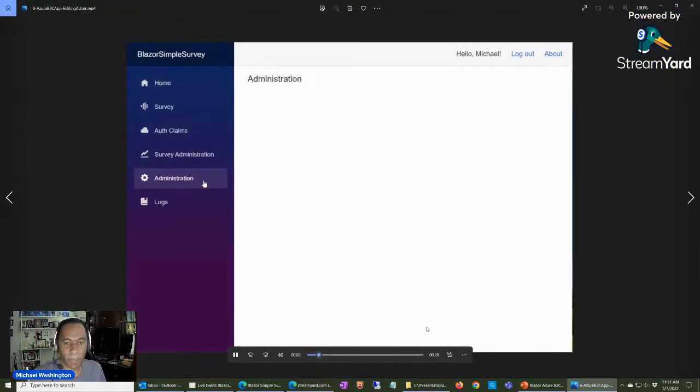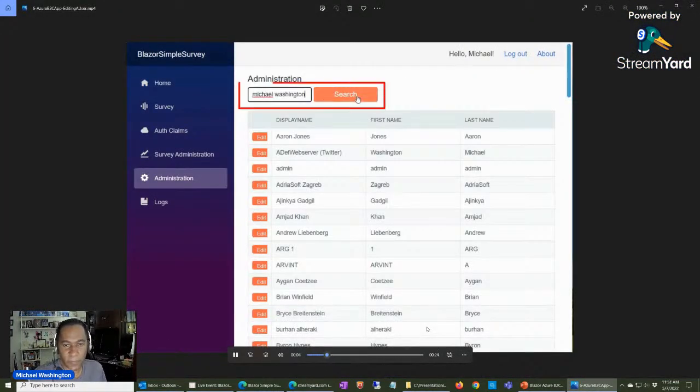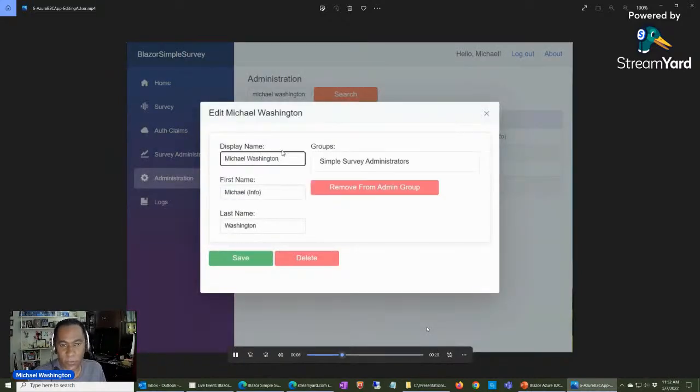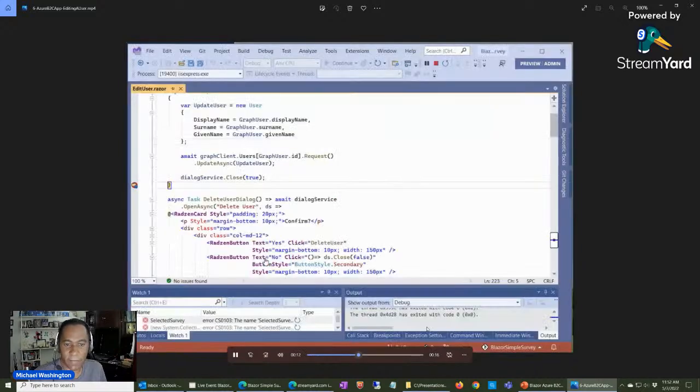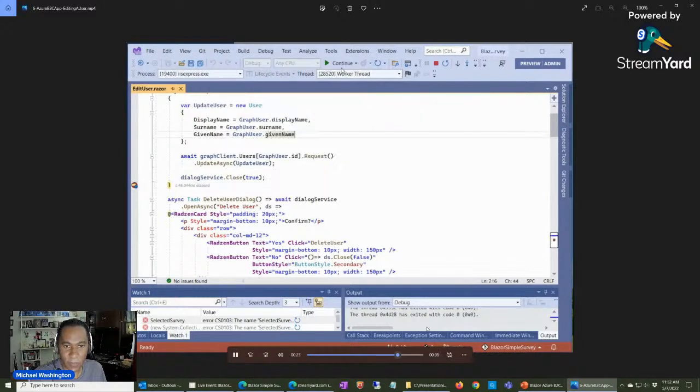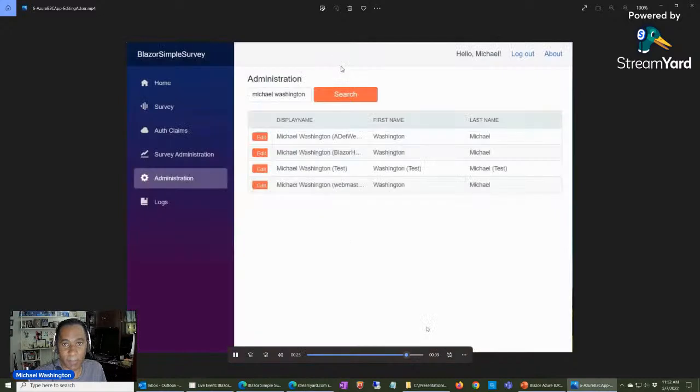So in the administration, you can list all the users there or search for a user. When I click the edit button, it takes me to the edit control. Here, you can just set the values, click save. It's then passed to this method here, which simply has a new user object that only has the values that we want to update, and then calls update, and